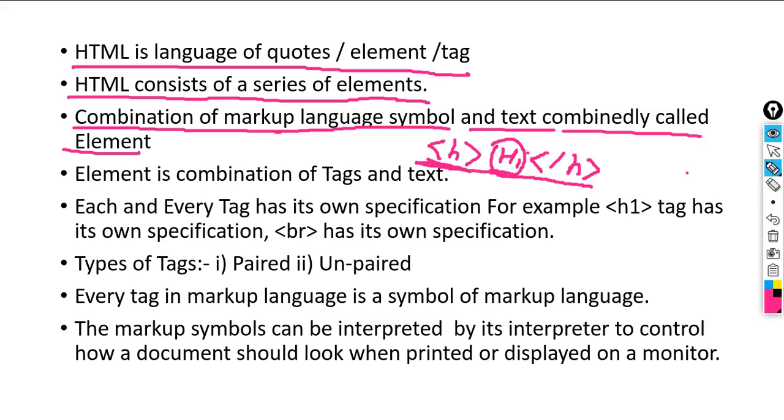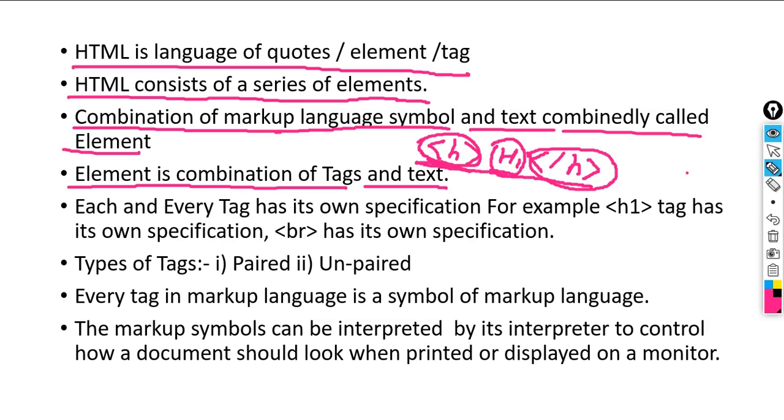Understood? Now here an element is a combination of tags and text. Here this opening tag and here this closing tag, these are tags of HTML. So we have learned HTML is a series of elements. An element is a combination of text and markup symbols. Markup symbols are nothing but tags.